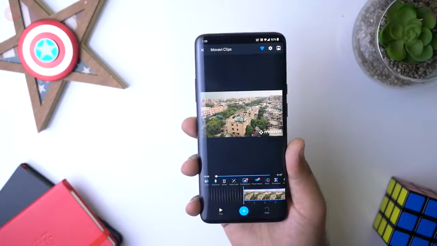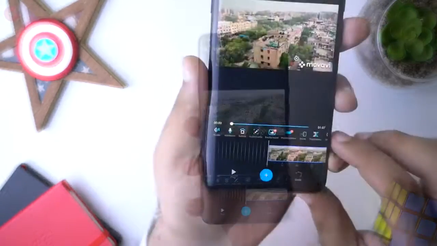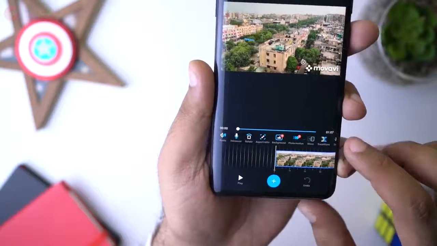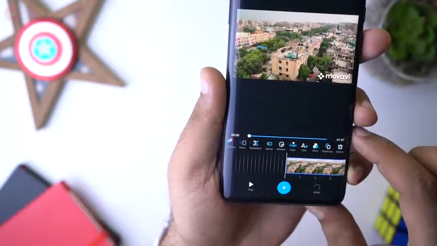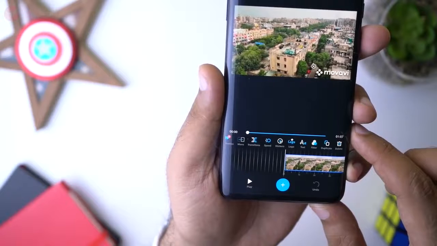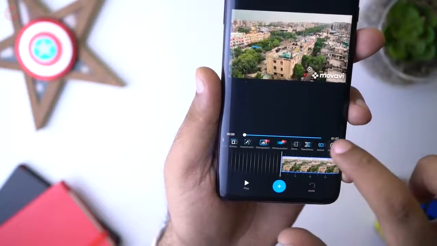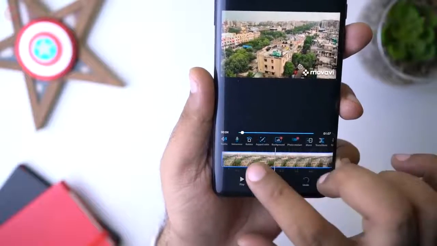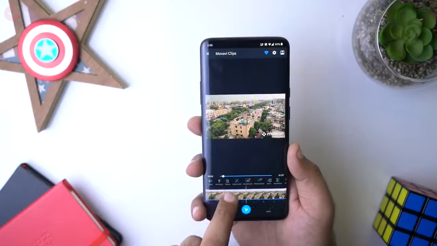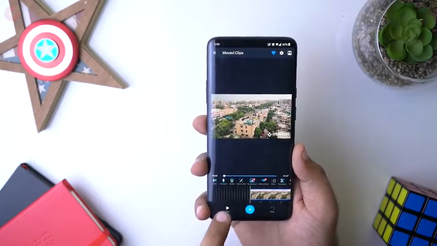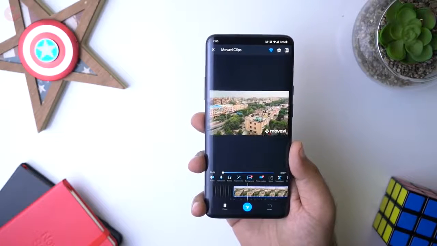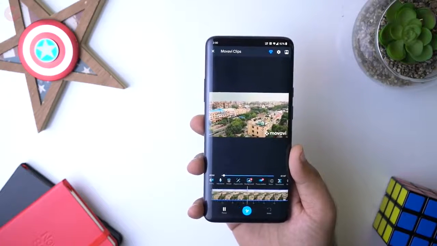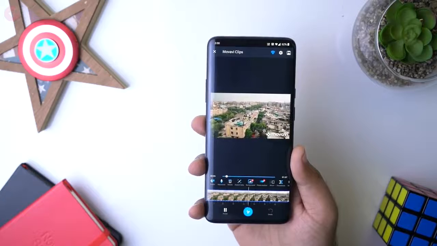And after that, you can choose the orientation to upload the video to a different platform. Once you do that, then you'll be on the main screen. And here you have the timeline at the bottom, and just above it, you have the options. Some of the options are audio, voice recording, transition, video speed, and you can also add filters, logos, and stickers to your video. Now about the main functionality, it's really easy to use this app, and believe me, I edit a lot of videos on my laptop and phone, and I find this app really user friendly.